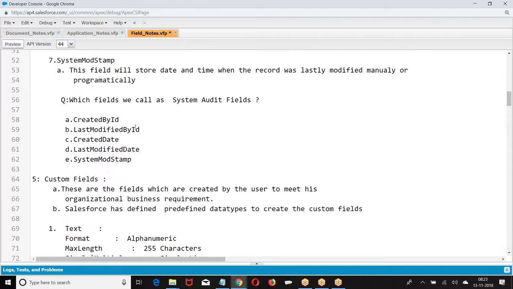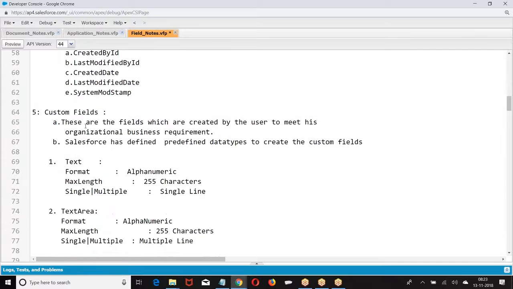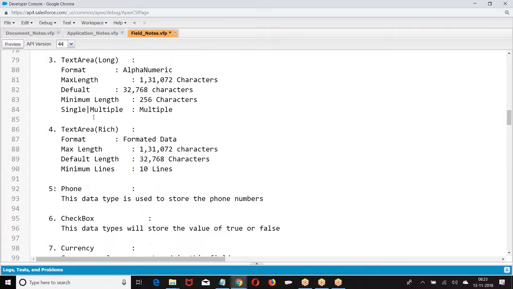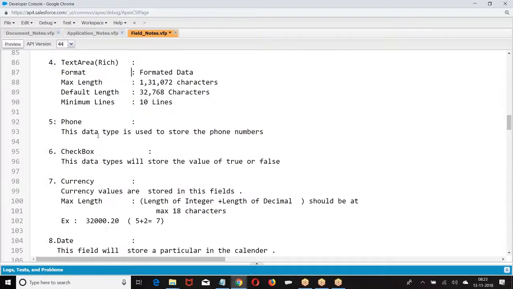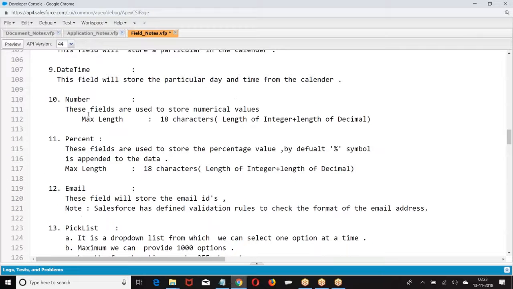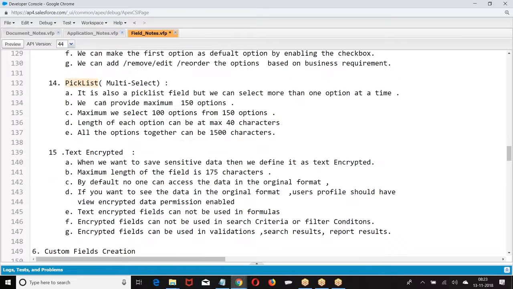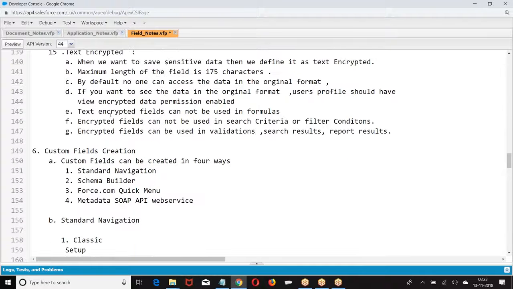What are added fields? Then what are the data types? Text area long, and their corresponding properties we had. Then we had 4 checkbox, all the data types. And the properties of pick list, I told you how many options we can enter, how many options we can select, multi-select pick list, text encrypted.